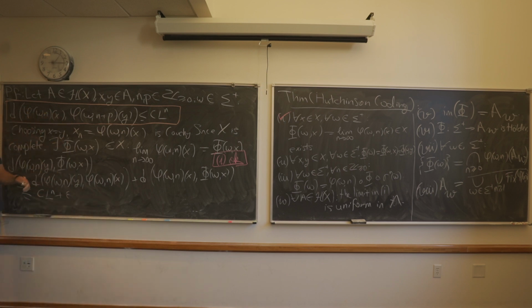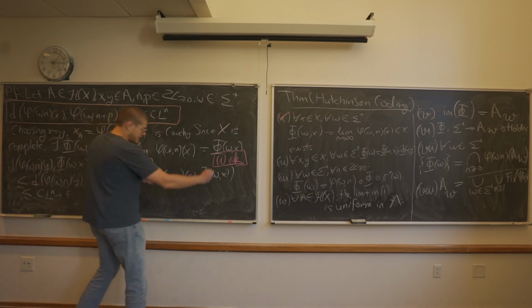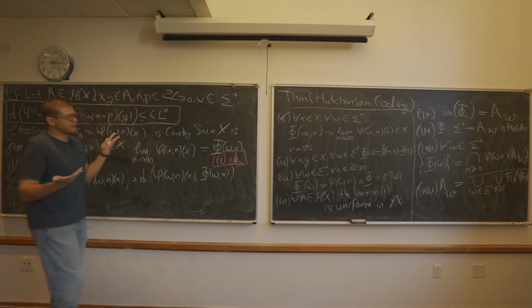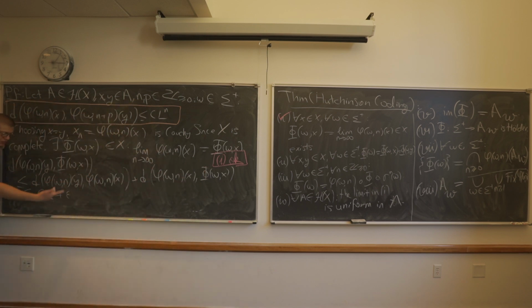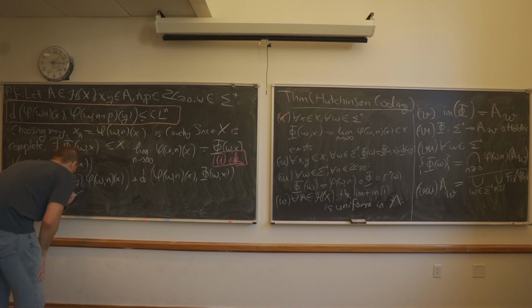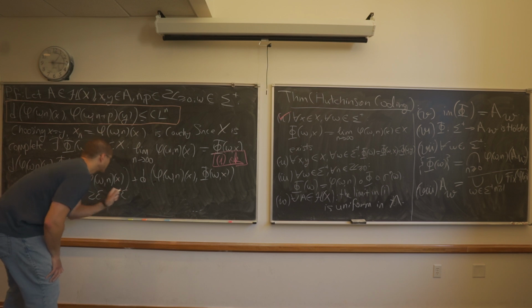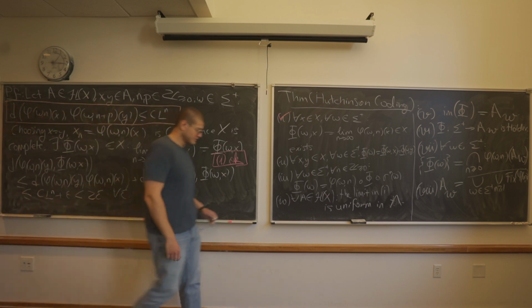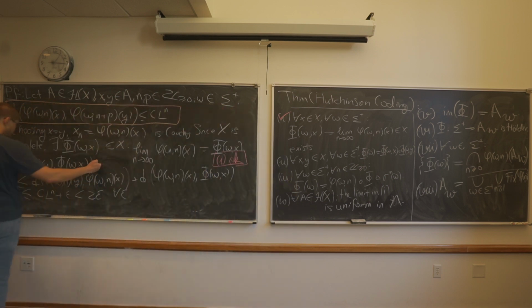Because if I were to fix an epsilon, because in part 1 we showed that this sequence converges to this, there is some lowercase n such that this distance is less than epsilon. And likewise, there is perhaps some other n that is perhaps larger, such that this is less than epsilon as well. So that I can bound this expression by something that is less than 2 epsilon for any epsilon. Which means that taking epsilon to 0, by the epsilon of room principle, this distance has to be 0. There's no other way for this distance to be less than any positive number.